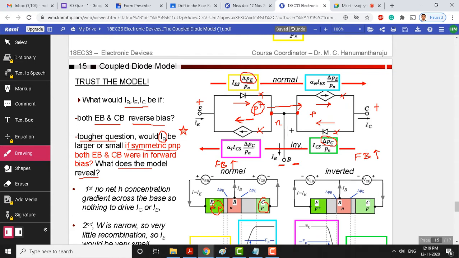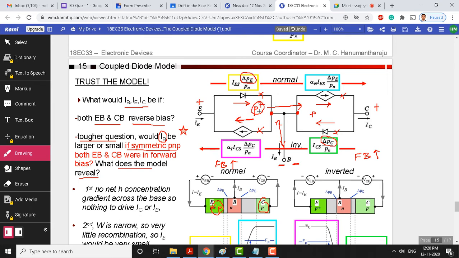Now, even though there is a charge push from the emitter to the base and from the collector to the base, this base is lightly doped, it cannot tolerate too many charge carriers here. Okay. For the symmetrical BJT, that is what I am saying. So, therefore, the net current flow through the base will be 0. You do not get any base current. You may get a small base current due to the difference in the concentration gradient, that is all.